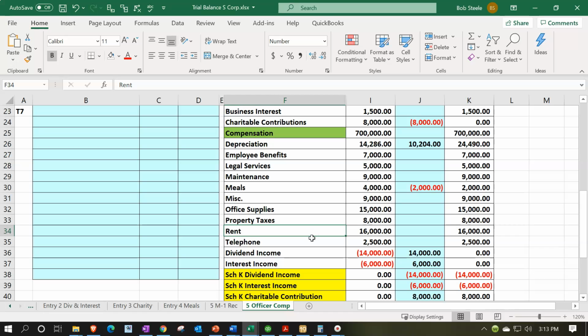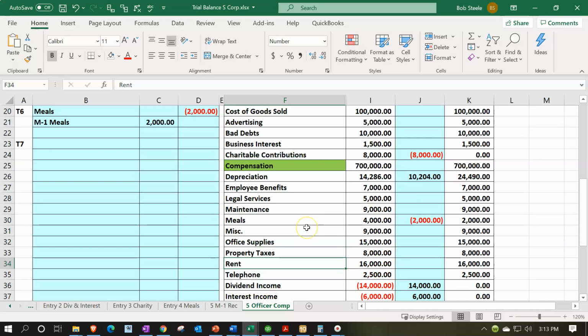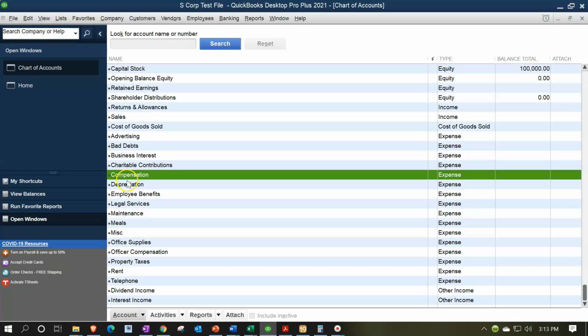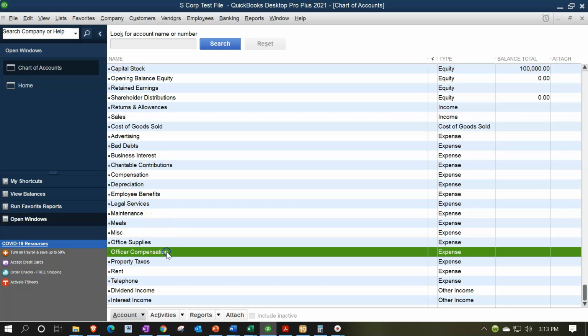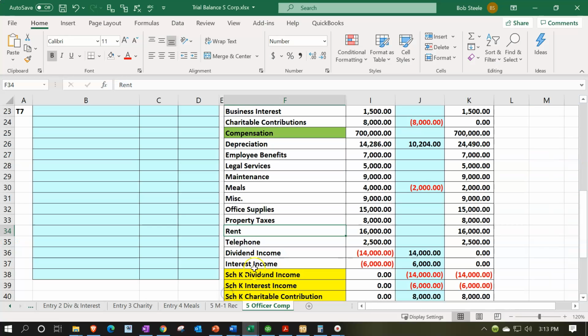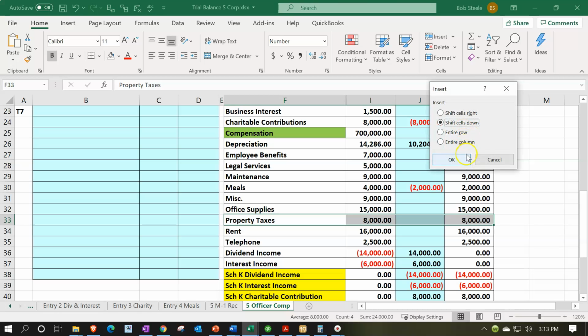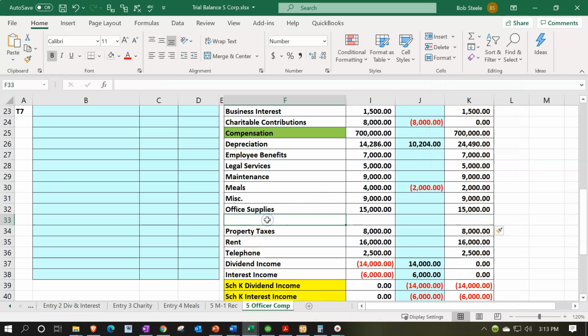So I'll try to line it up the same way. So we're going to be over here. The officer compensation is going to be, let's check that one more time. That's the normal comp. We want officer, which is below the office supplies. So it's going to be right here. So I'm going to select the line below it, and I'm just going to select these 4 cells, right click and insert. Then I'm going to move those cells down just to make another row, and this is going to be officer